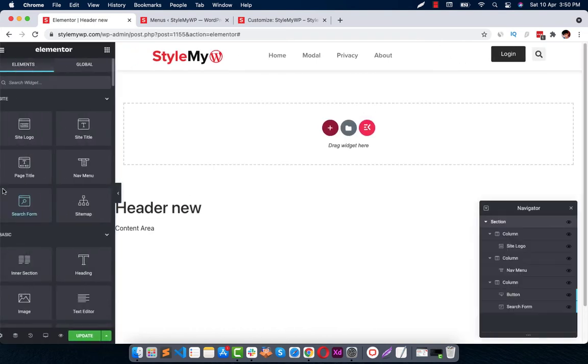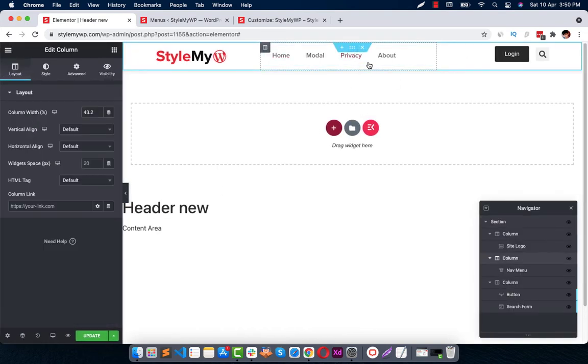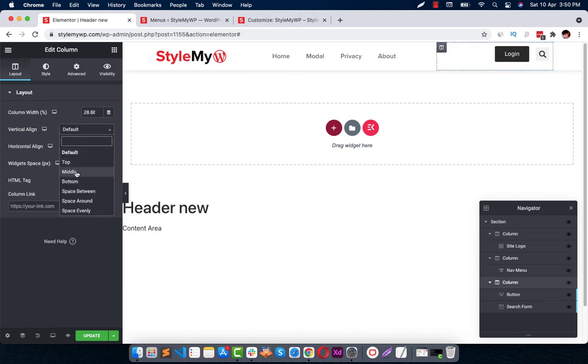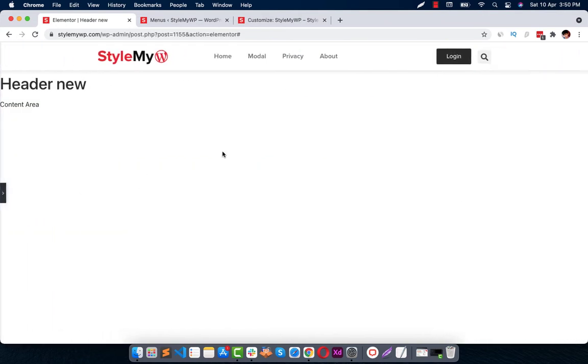Looks pretty good. If there is a spacing, you can keep this to middle, to this as well. Looks good.